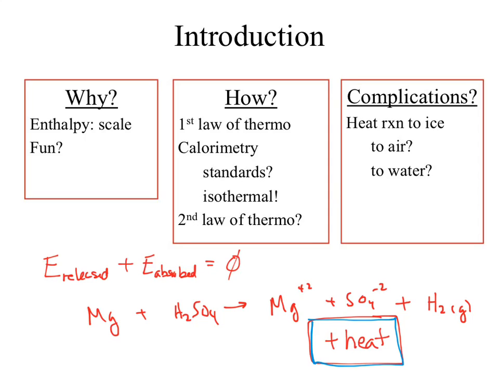How can we monitor heat? We could use temperature. So we could use a thermometer. So we could put the experiment together, mix the reagents, stick a thermometer in, and see what the temperature change was. And while that's an interesting experiment to do, and one that you did in 151, I believe, you set this up where your heat released is the heat of the reaction, so that would be your heat term here, plus the heat absorbed. What absorbed the heat energy in that case? The surroundings, which we equated in 151 to being,